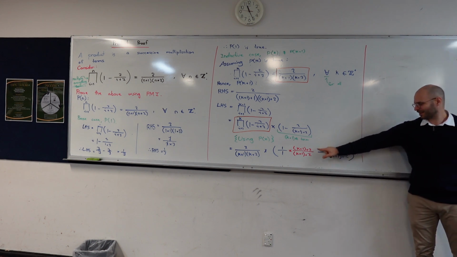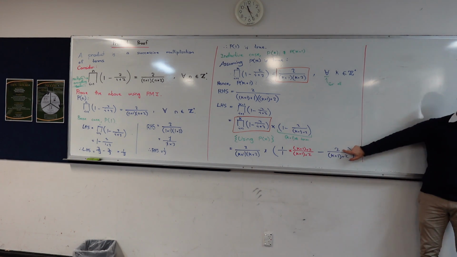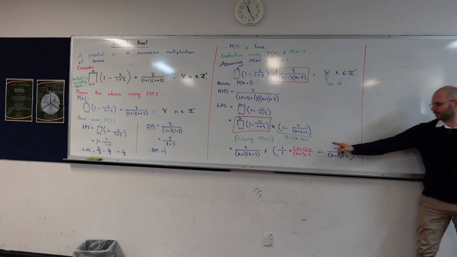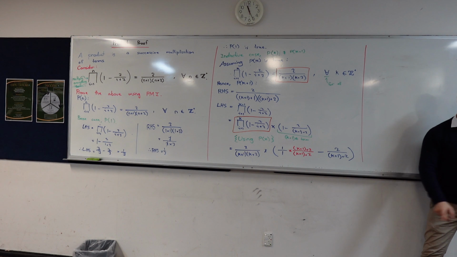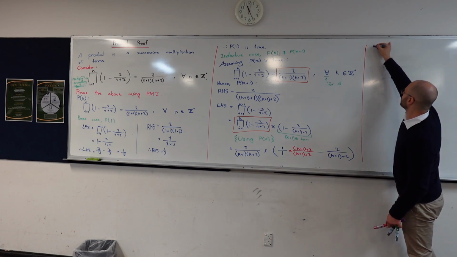Okay. We've got k plus 1 plus 2, and we're taking 2. The effect here is that this plus 2 and this take 2 will cancel out. So what we find is that on the next line, it's going to become